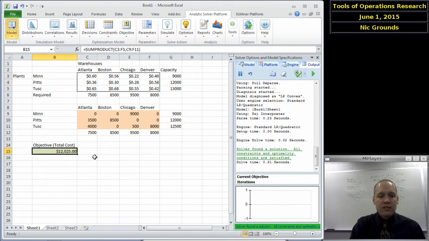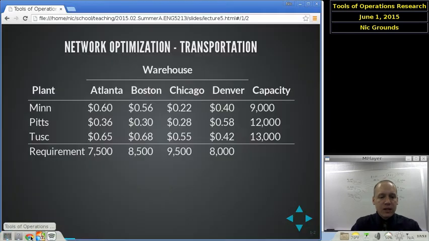And then our objective is computed simply as the sum product of all the unit costs by how much is shipped on that particular route. So each of these zeros contributes nothing to the total cost, whereas each of these non-zero values gets multiplied by their corresponding unit cost, and then that is summed up. Okay? Now, we'll come back in a few minutes and revisit this problem, but before we do that, let's talk